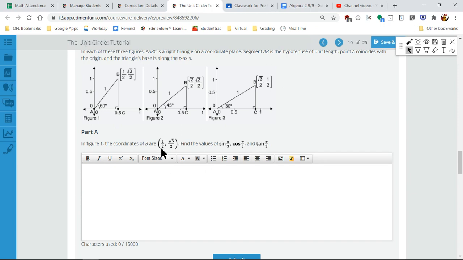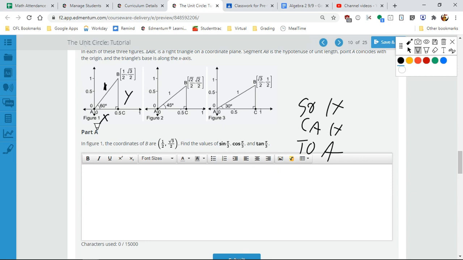So if we're talking about 1/2 for the x, our x is 1/2. So that would be this one. But is it the cosine or is it the sine? Well, x is 1/2. So x would be our adjacent and y would be our hypotenuse, right? So we're talking about our adjacent over our hypotenuse. So CAH TOA. We're talking about the adjacent, which is the CAH. So we're talking about cosine. So our answer is going to be